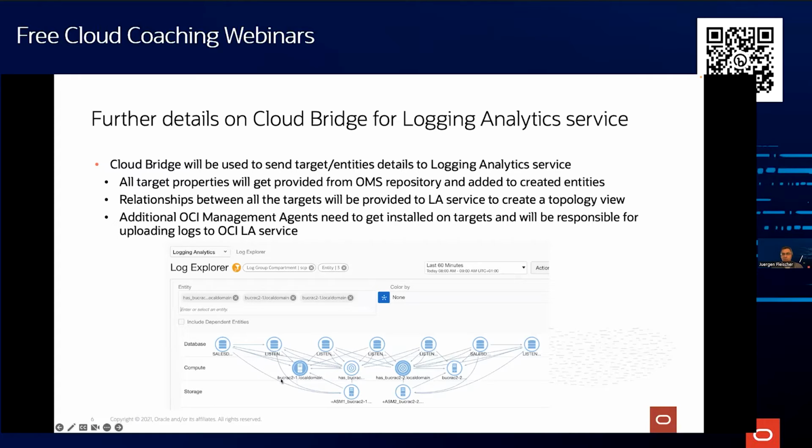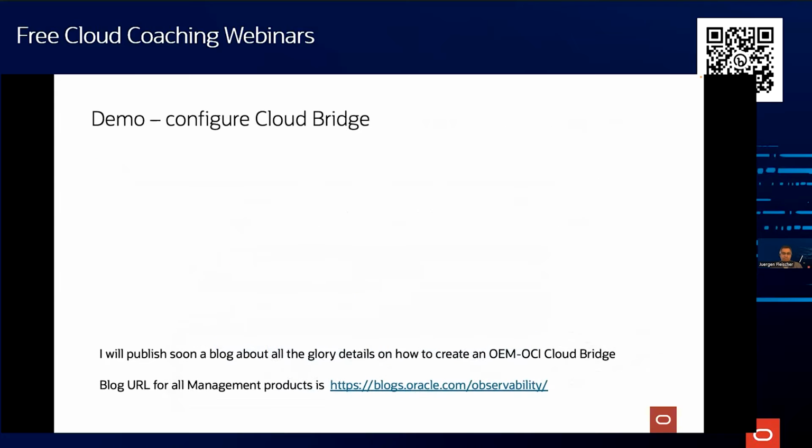You do not have to create all those associations, and then all those, let's say for the database, all the connection strings to connect to the database, all the properties will be part of it, which will make it easy later on to collect logs from it. To collect the logs, additional management agents will need to be installed on the target host to upload the logs. So the enterprise manager agent is not able to upload the logs. So with that said, let me switch